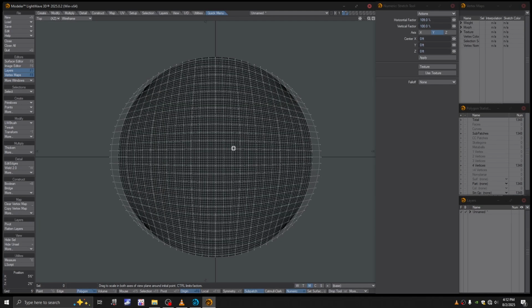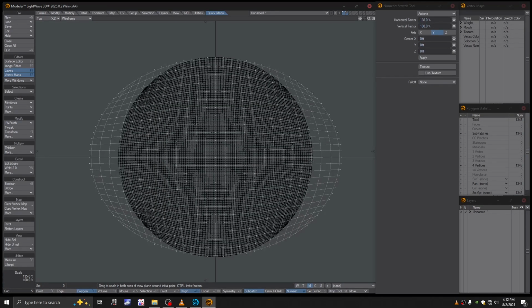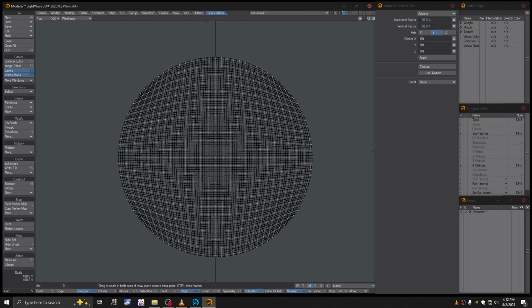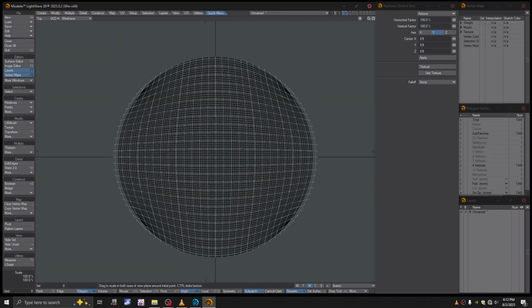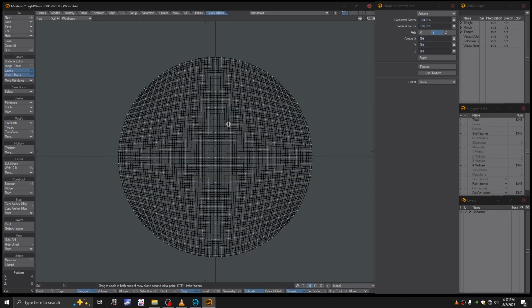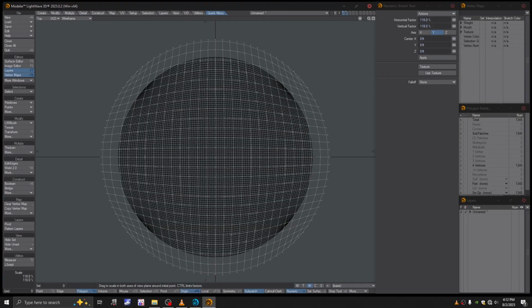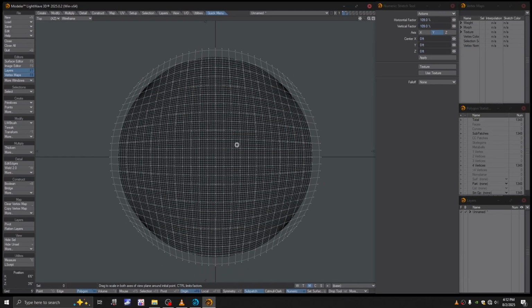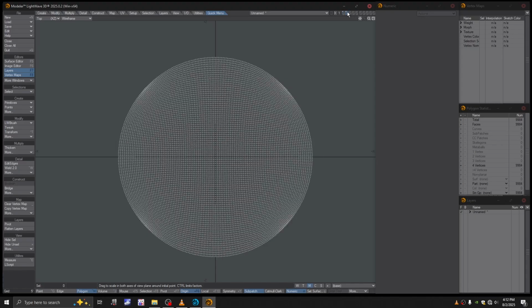If you do right and left or up and down too much, it'll do stretching in those directions. You've got to try and do a diagonal to get a perfect stretch in the direction you want. Alright, so